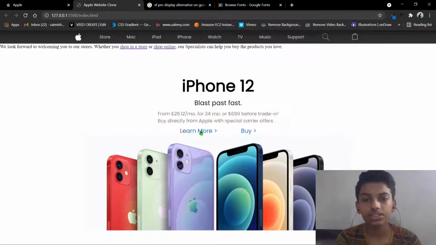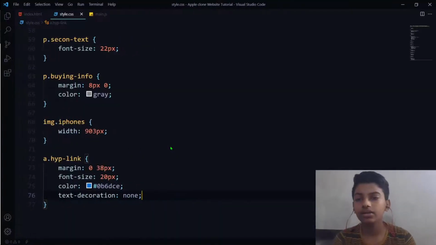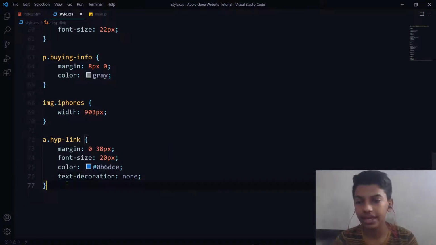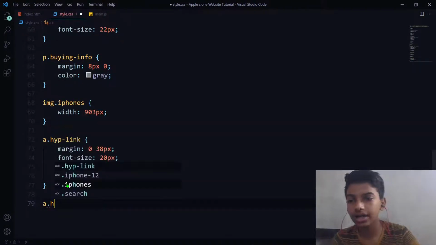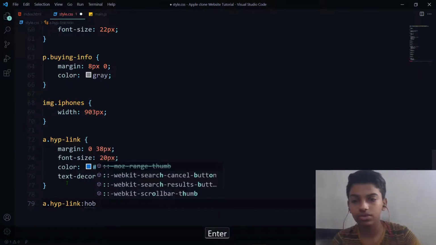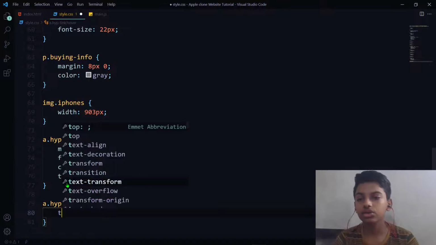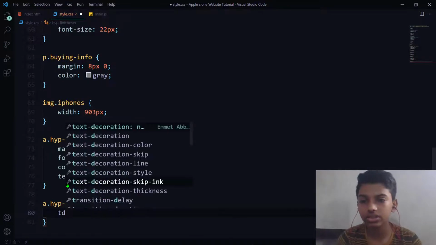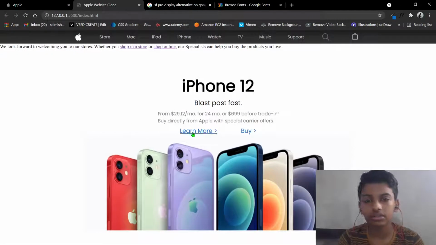Now what I'll do is make this text decoration underline on the hover of A. Okay, so A dot hyperlink and hover. If you hover on A dot hyperlink, then what you do is text decoration underline. Okay, make the text decoration underline. So you see,